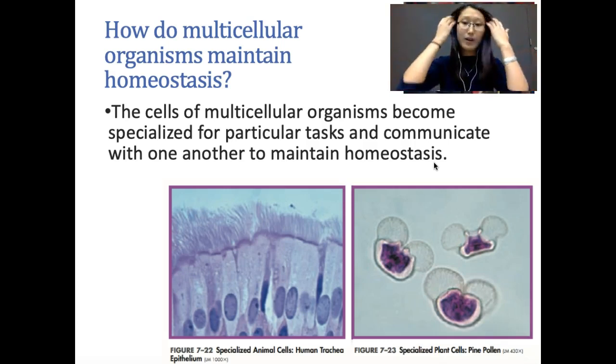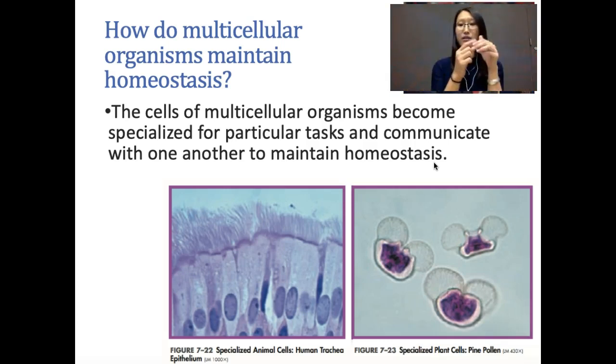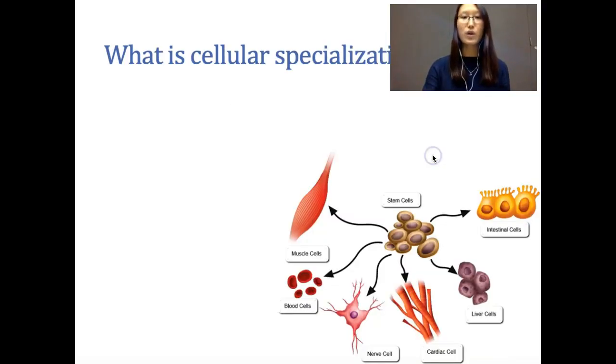However, the hair cell is different from the cells on your fingernails, the cells on your hand, the cells in your lung, in your throat, in your eyes, in your ears. All those cells are made to do specific tasks. So the next word that we want to talk about is cellular specialization, the process of an unspecialized cell,